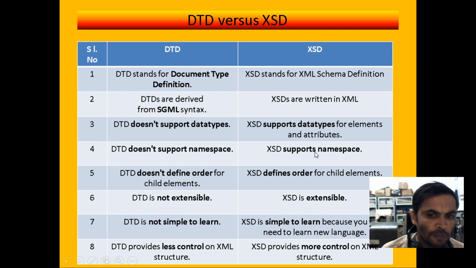Next we can learn that a namespace can consist of a collection of elements and attributes. Namespace is similar to a package in object oriented programming. A package can consist of a collection of classes and interfaces. According to the XSD, a namespace can consist of a collection of elements and predefined attributes.